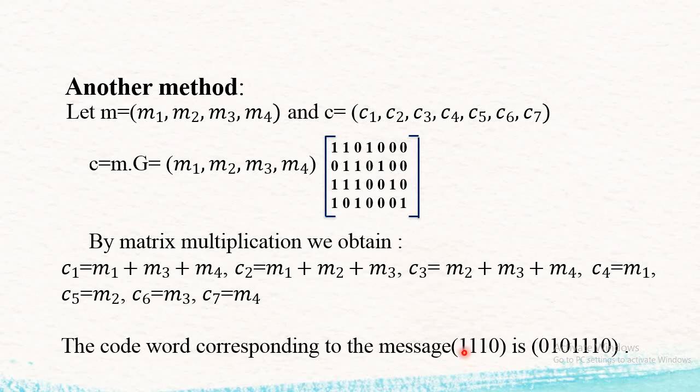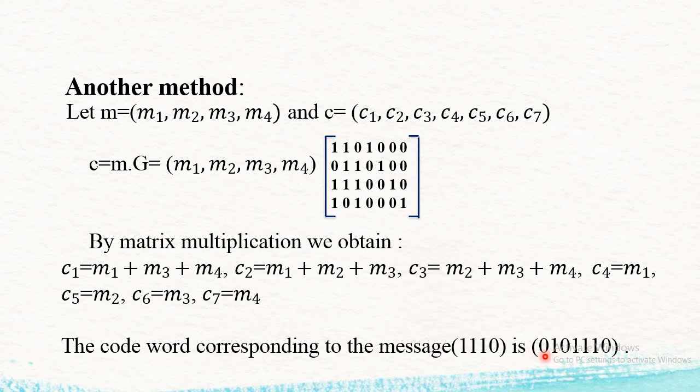So just take an example. For the first condition, what is my M1? M1 is high, we put here 1. Then M3 is again high, we put here 1. And M4 is 0, so we put here 0. So the values are 1, 1, 0. But here which operation are we performing? We are performing the mod 2 operation. So what is 1 mod 1? 1 mod 1 is 0. 0 mod 0 is 0. Therefore we are getting the answer as 0.